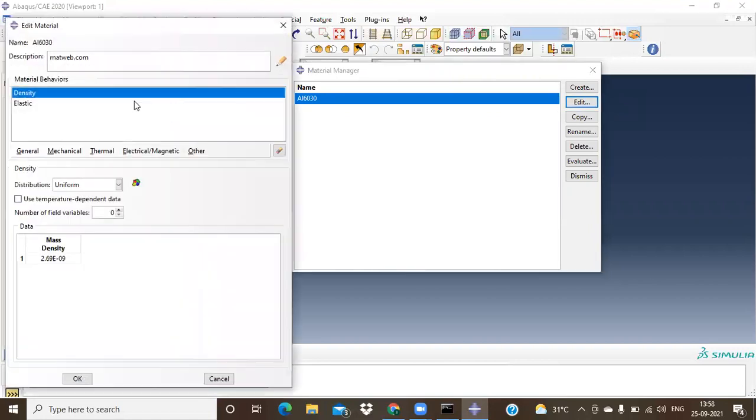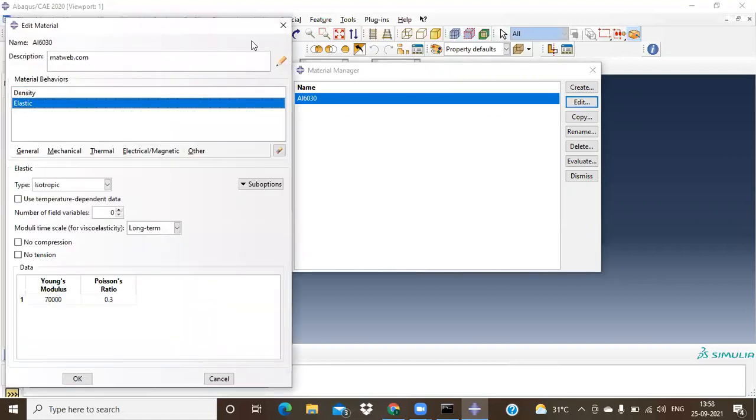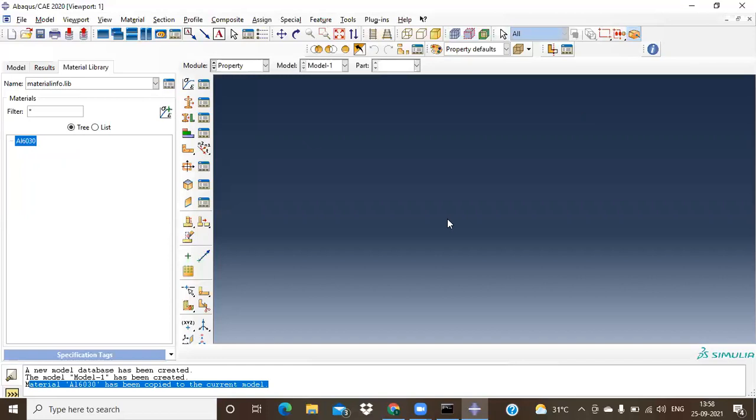So like this, you can create n number of materials. No need to create it every time. Once you create it, that's more than sufficient. That's why you spend a good amount of time to create a material and save it in your library. From next time onwards, you can directly use this particular material. So now you have an idea how to create a material, how to save that material into our database, and whenever required, how to call it to your current project. Is that clear? Yeah, clear, sir.